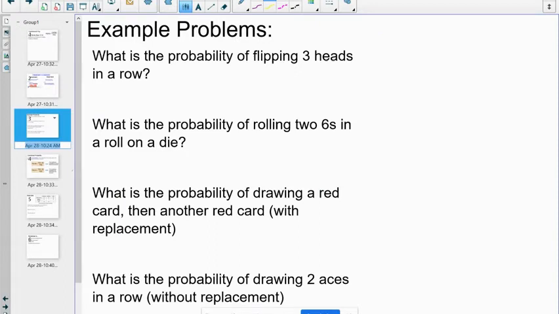So here's some example problems. First, it helps to identify if it's an independent or dependent event, so for each problem, we're going to do that. For the first one, what is the probability of flipping 3 heads in a row? That's on a coin. So on a coin, it's two sides, either heads or tails. So our denominator is 2, where it's just 1/2